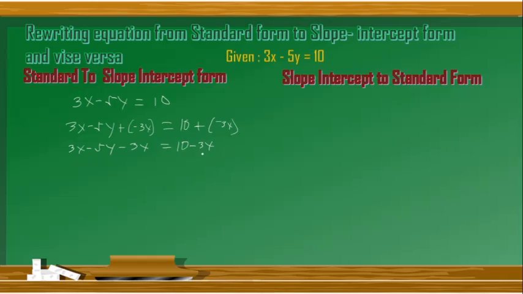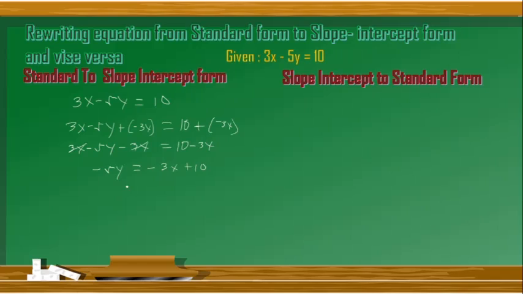After that, we will combine all like terms. We have here 3x and this negative 3x, so this will be cancelled out. What is left is negative 5y equals negative 3x plus 10. I transformed this into this because in the standard form you have to write first the term which has a variable, then after that the constant.